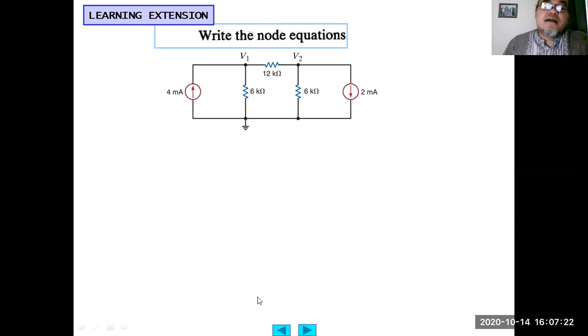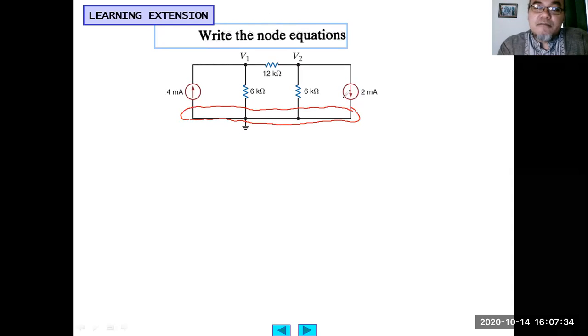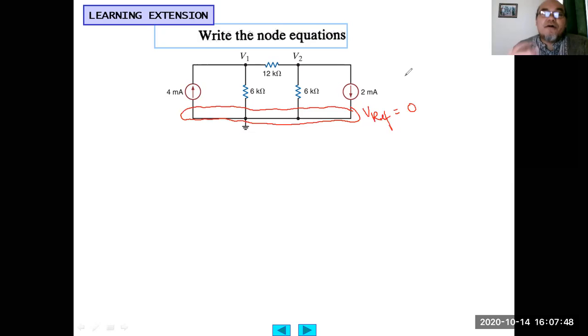So the lower node, the long lower node here. Remember the definition of node. A node does not necessarily have to be a single dot. It could be a single long line. As long as they are connected, they can be considered as a node. So this is taken as reference. If we take a reference, usually we take it as 0. So all the V1 and V2 are calculated relative to this reference voltage.